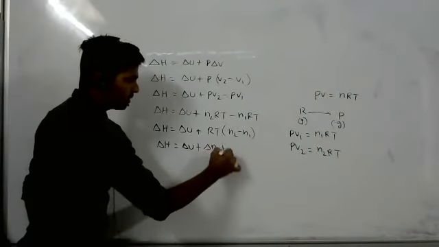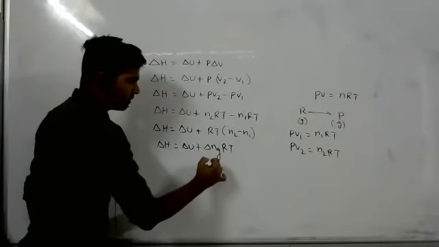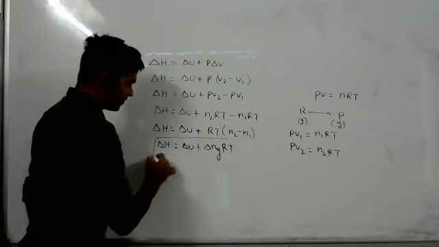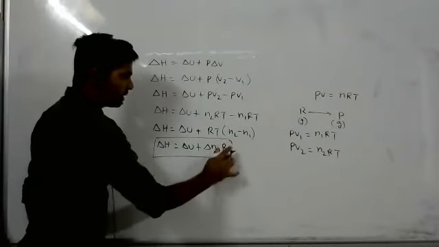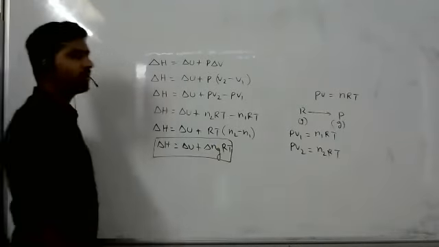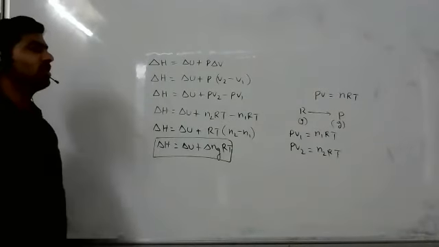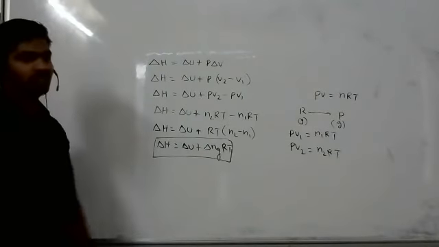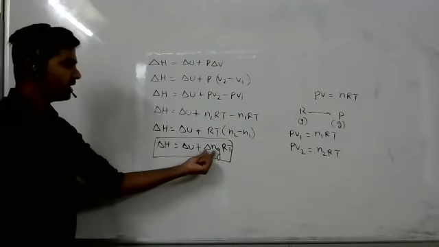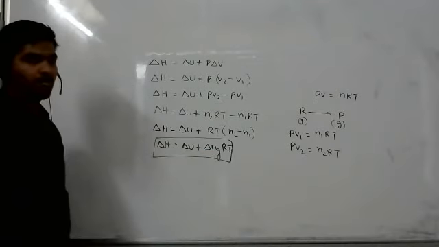Sir, I understood that, but I didn't understand what exactly this represents. Theoretically, what is delta Ng? Delta Ng is theoretically the number of moles of gaseous product minus the number of moles of gaseous reactant. Okay, so it means it is the difference between the number of moles, it doesn't signify anything else, right? No.